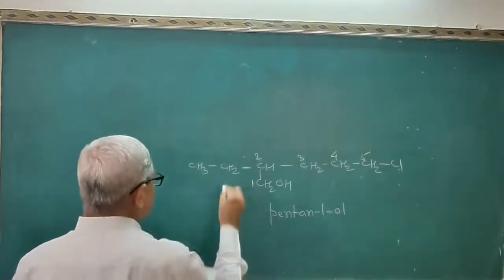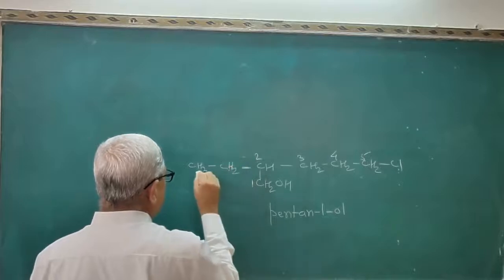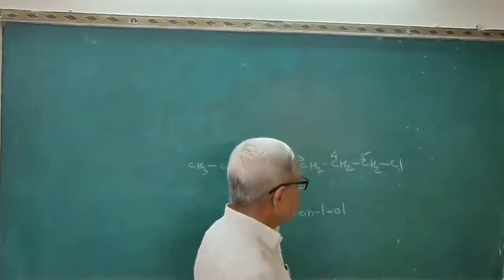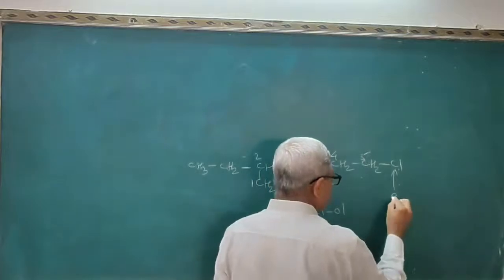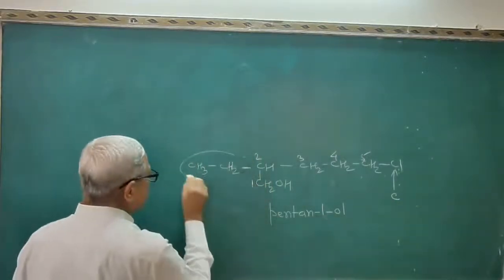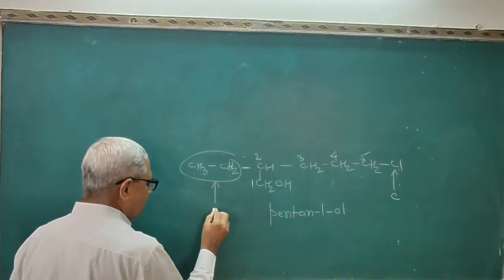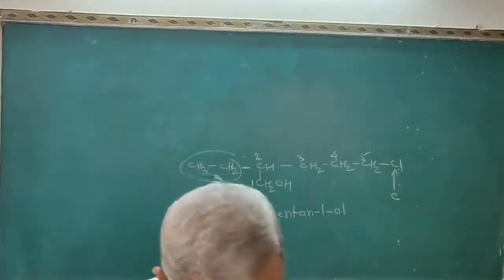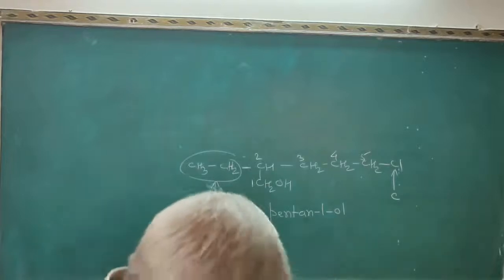Now see the substituents here. One is C2H5, another is a chlorine. Then it starts from the C. This substituent starts from the E. So you have to use the alphabetical order rule. Therefore, the name of this compound will become